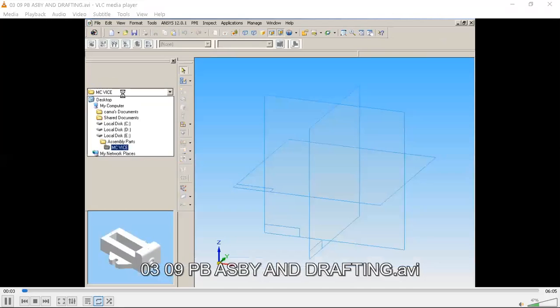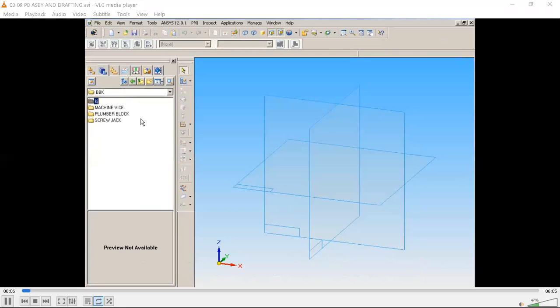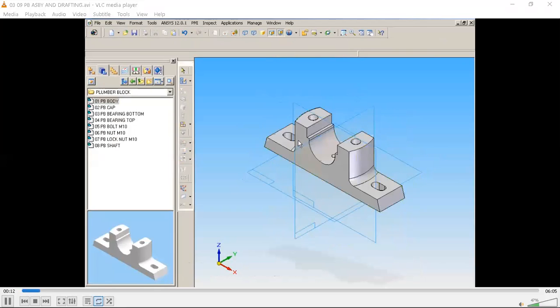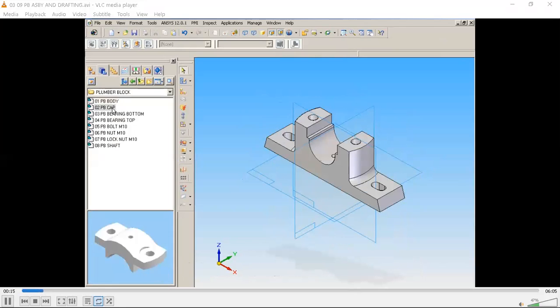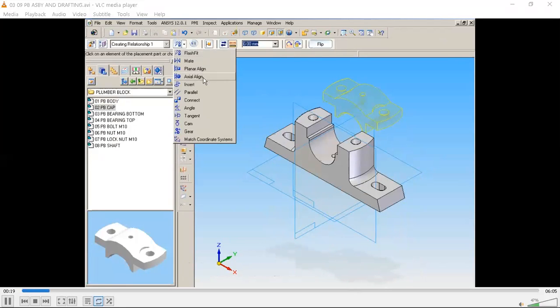So here, for the plumber block, all the components are ready. First you drag and drop the body, then the bearing bottom half.